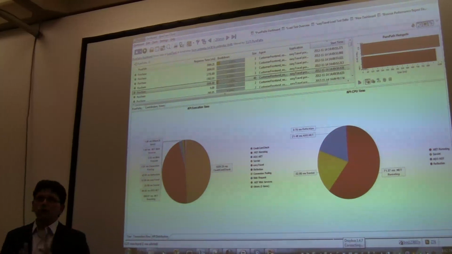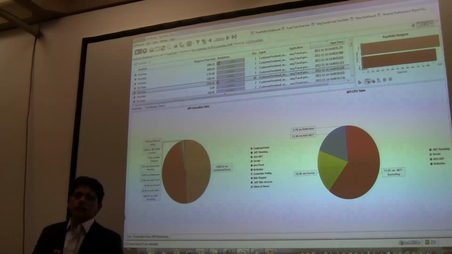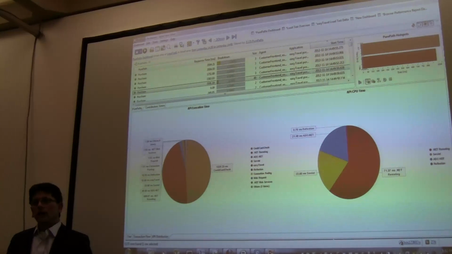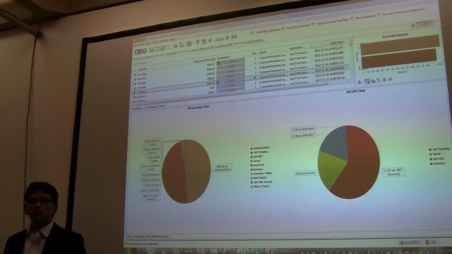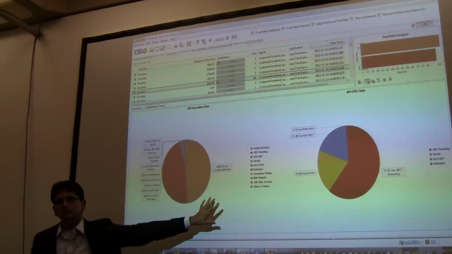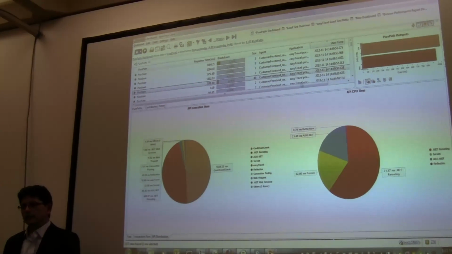So now, even if I work with the development team, if I have a meeting with them, I'm no longer spending hours and hours with a big group to figure out what the problem is, because I already have all the information at my fingertips. The other thing that I did yesterday was,